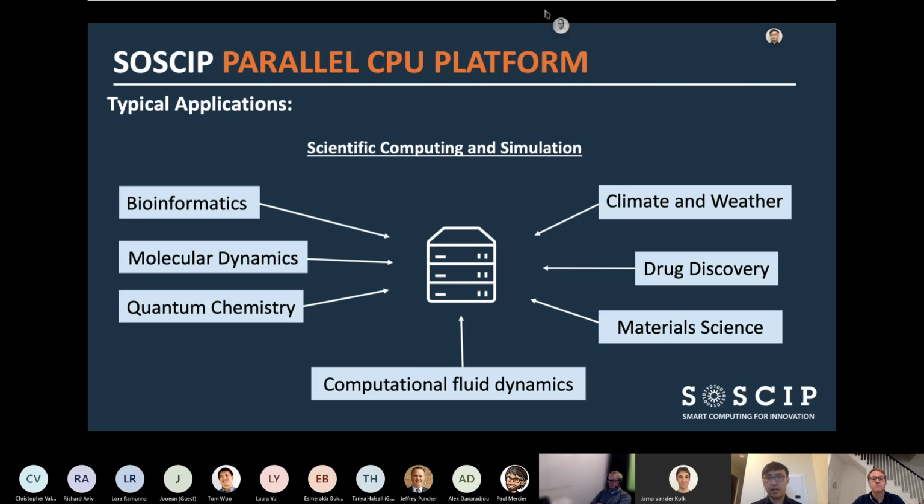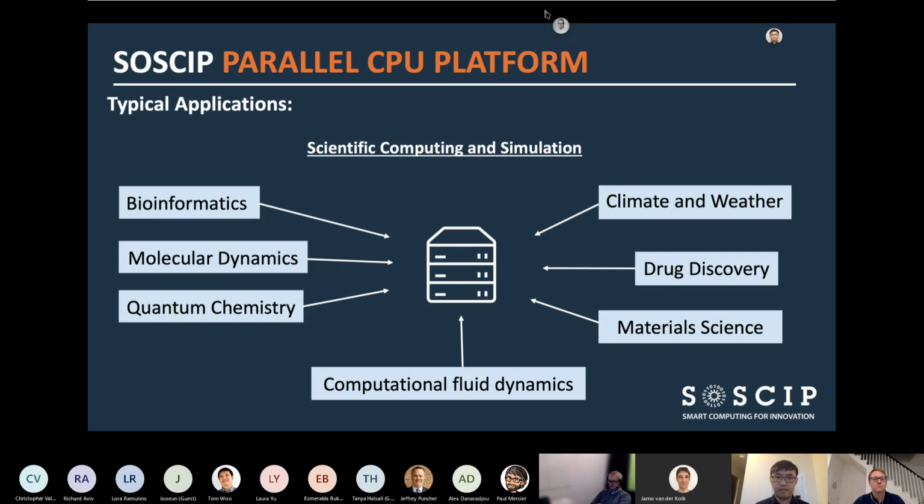Because we don't have a large allocation on this Niagara CPU-only platform, we limit what you can do on this. Usually we only accept applications and usage on this platform if you cannot run it on the cloud or on the GPU.